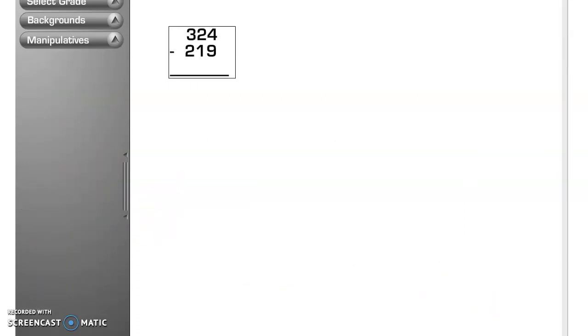Right here, we have the problem 324 minus 219. So what we're going to do is break it apart into place value. We're going to have 324, and we're going to turn it into expanded form. So we have 300 plus 20 plus 4, and 200 plus 10 plus 9. So when we subtract it, we're going to then